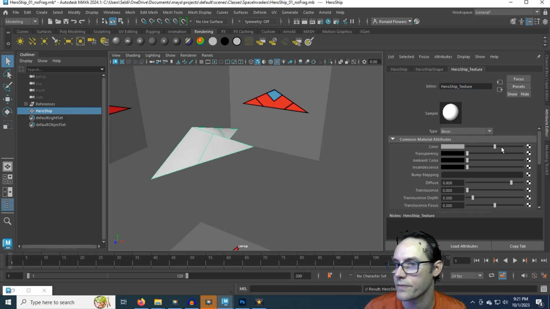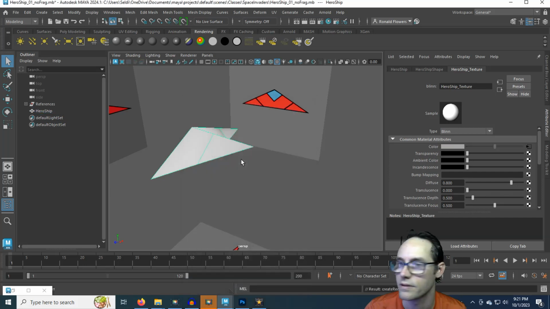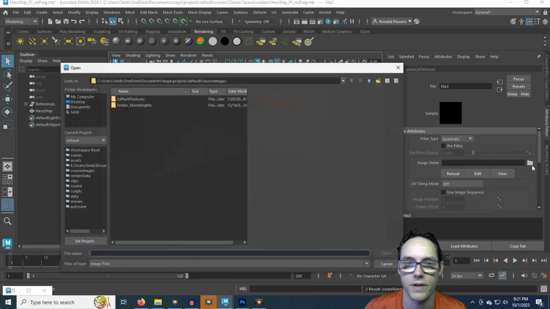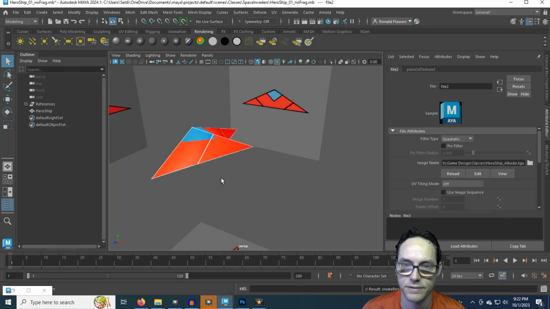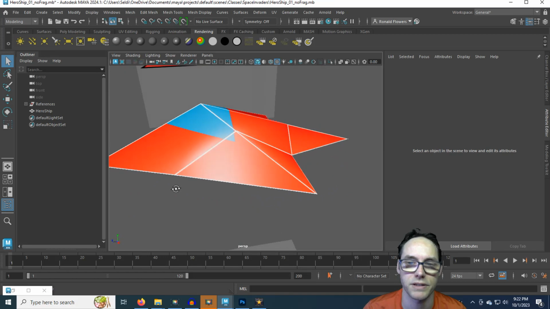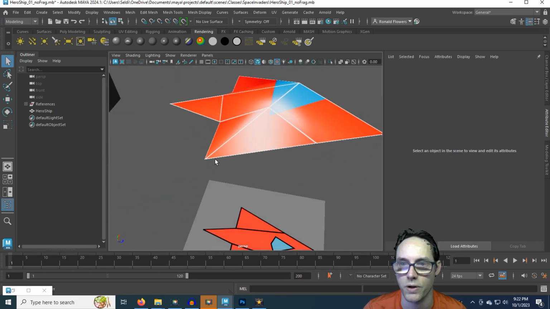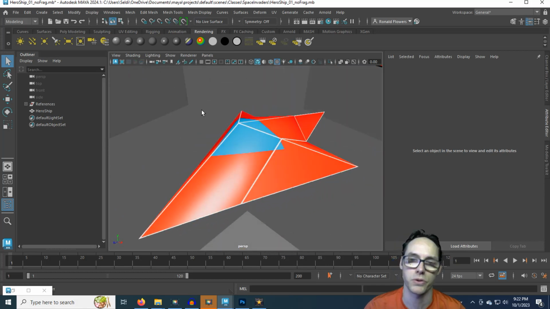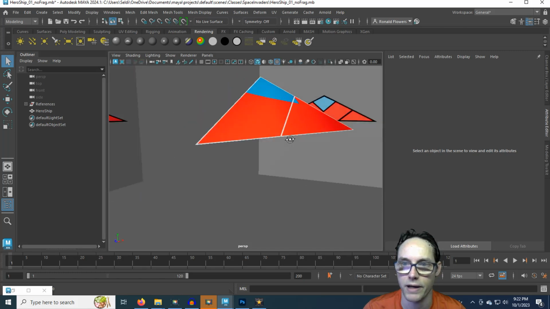Go down to color, hit the checker box, select file, and then folder, and then locate your file. Once you locate your file, hit open, and then press 6, and it should pop up. And there is my texture. And you can see, because I have the UVs turned on the picture, that they are drawn on here, which is pretty handy if you want to do an outline. In my case, I don't want the outline, so I'm going to go back into my file,